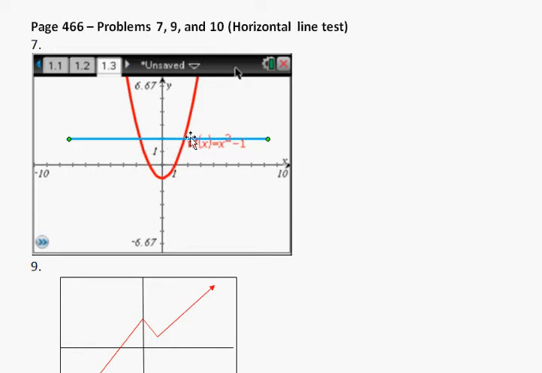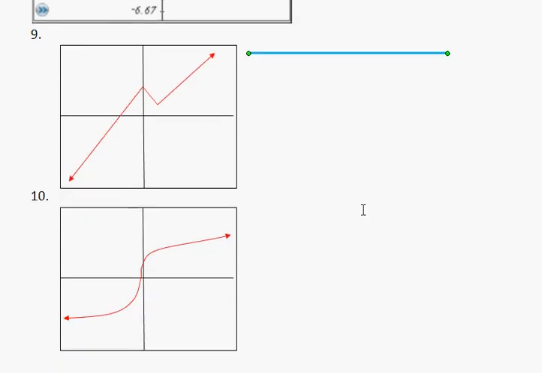If at any point you can take a horizontal line and cut a function in more than one spot, it will not have an inverse, and it will not be 1-to-1. So in this particular problem, number 7, you were asked to take this and do the horizontal line test. Now if we take this same line and move it down to the next graph,